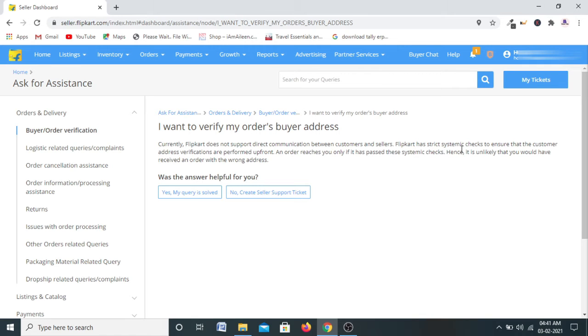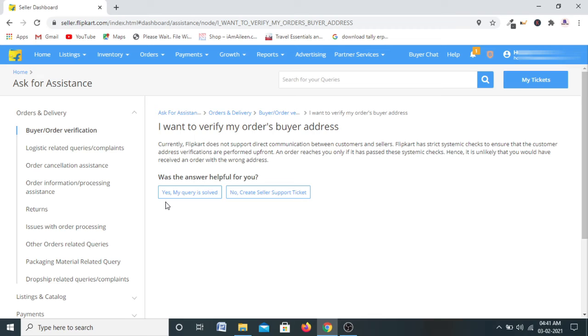Flipkart has strict systematic checks to ensure that customer address verifications are performed upfront. An order reaches you only if it has passed these systematic checks. Hence, it is unlikely that you would have received an order with the wrong address. Was this answer helpful to you?